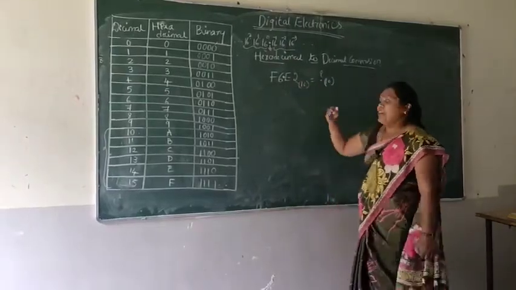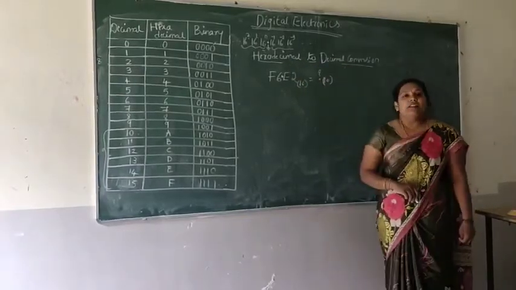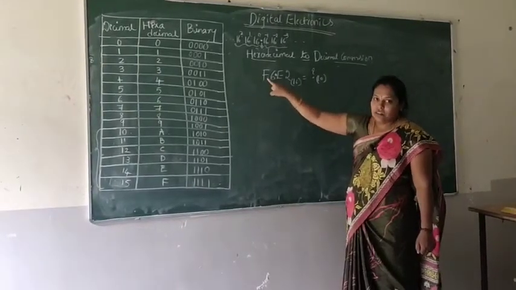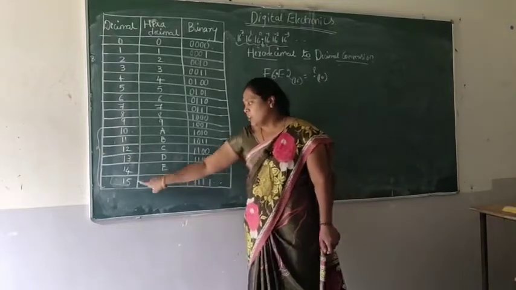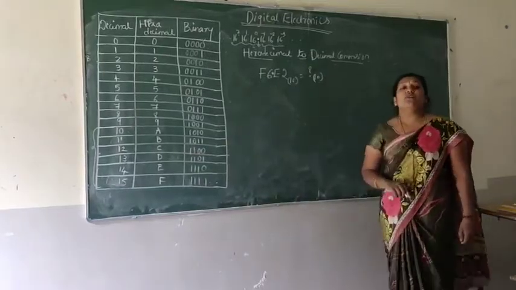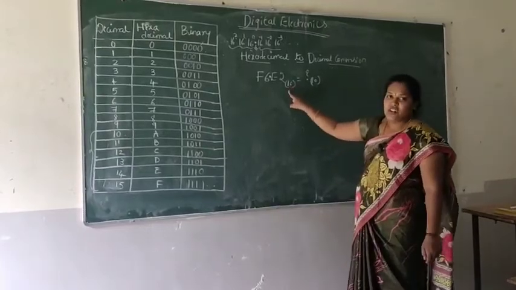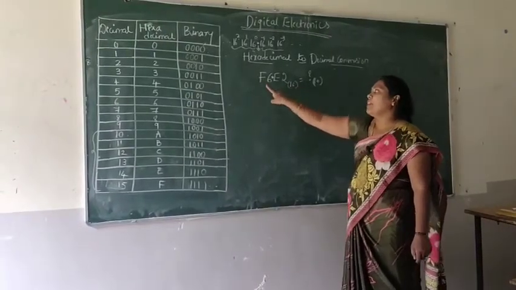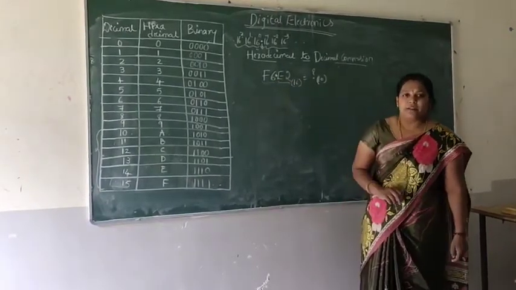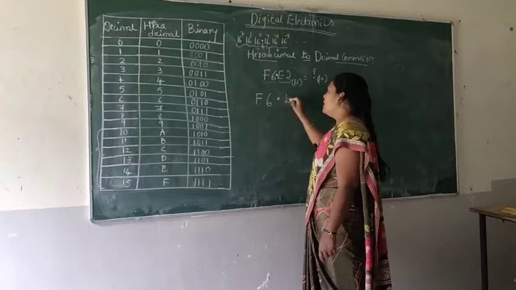Then we will take one example where a hexadecimal number is converted to the decimal number system. Take F6, where F is an alphabet representing the decimal value 15. By seeing the question you can analyze what type of number system it is. Here the base is given as 16. We have taken F6 dot E2. F6 is the integer part, E2 is the fraction part.